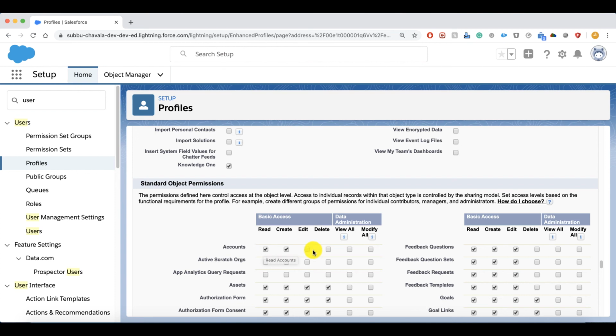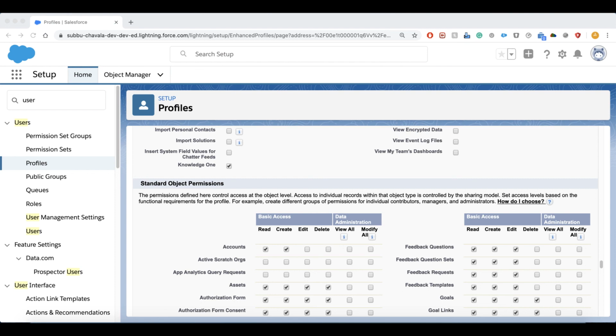So at that time, if we want him to edit and delete, we can give that access using permission sets. What are we giving? We are just giving edit and delete access. We are not enabling create access in the permission set. Why? Because he already has create and read access at the profile level. So permission sets only add the permissions which are not given from the profile level. We can't remove the permissions which the users have at their profile level. We should take care of that point.